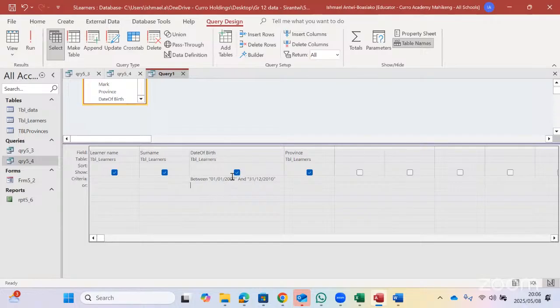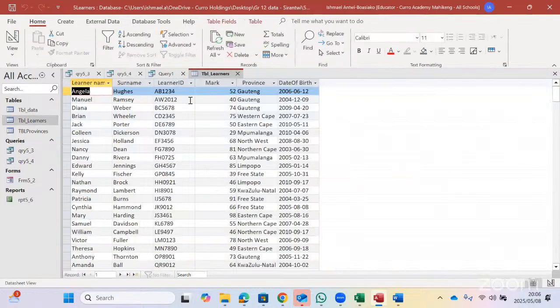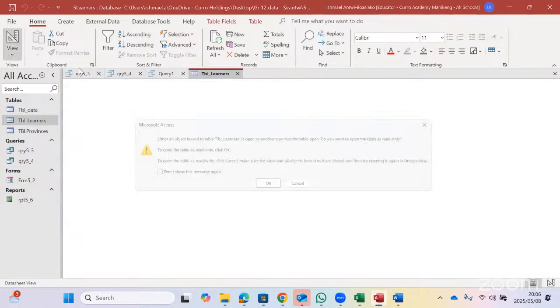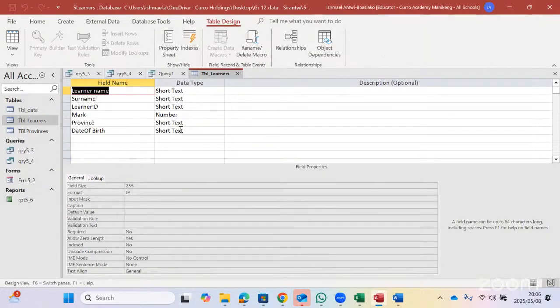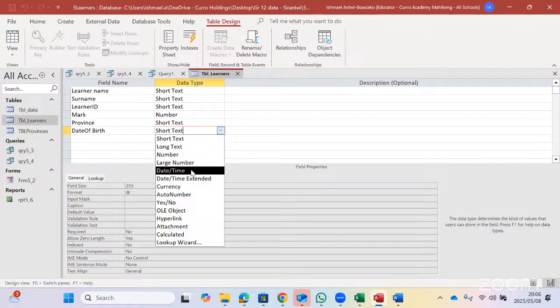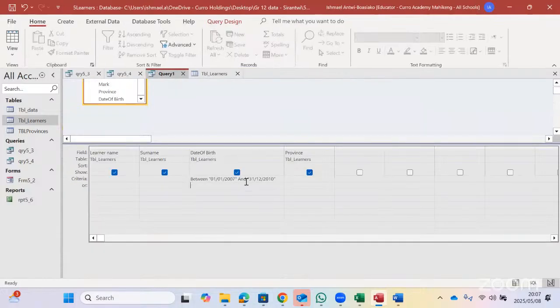Now it gives you this. Let's check whether the date of birth was formatted as date and time. Yes, it's short text, so we needed to make it date and time. Otherwise, it's going to give us a problem. So take note. So you say between this and that. If you did not do that, it's going to give you a problem. So it should be date and time. I did not save my work initially. That's why it's giving me this. But then you needed to just say between the first date and the last date. Then it's going to give you